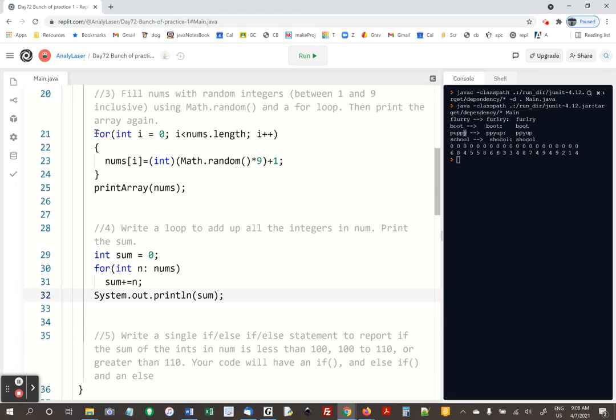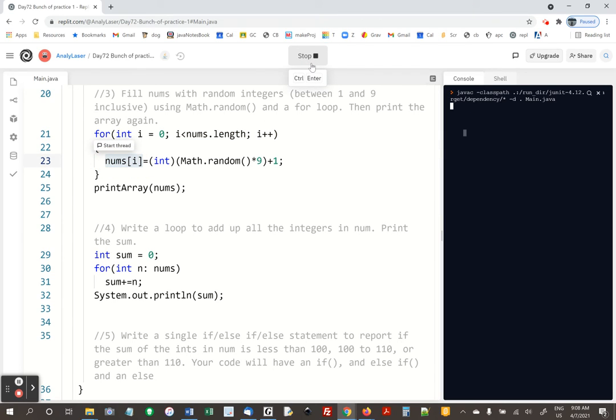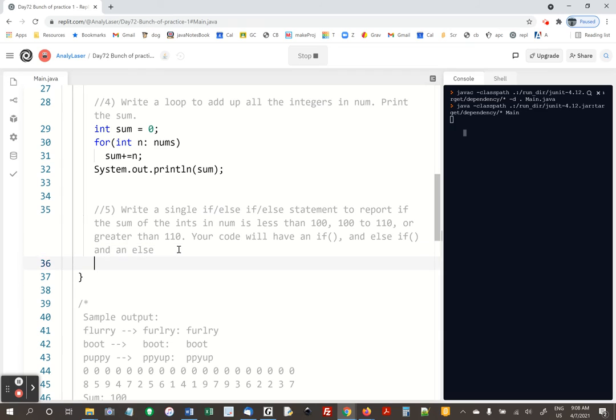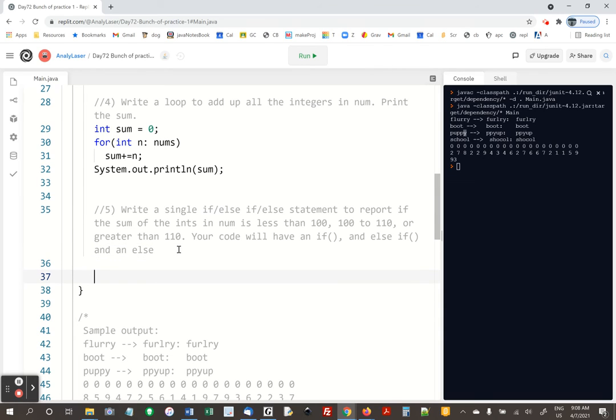We could have done a for loop just like this, and then we would have said sum plus equals nums[i]. But this is a little easier if you know that you're just going to go through and do something like add the numbers. 120. I mean, that number will be different every time, right? Because these are random numbers. But, all right. And then the final thing is write a single if-else